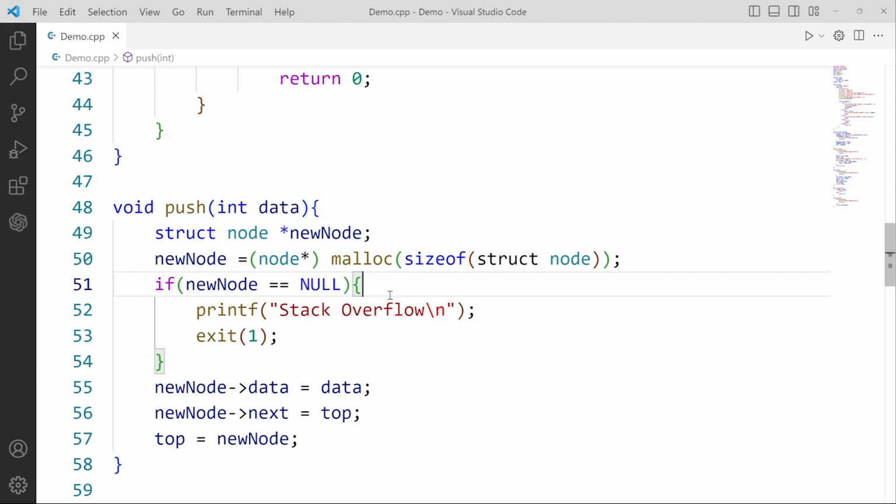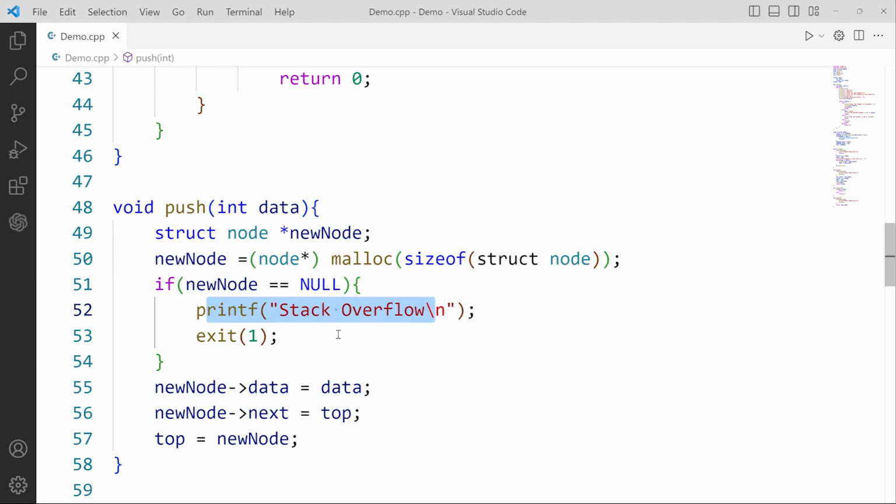Because here we have to dynamically allocate the memory, and for dynamically allocating the memory, whatever the memory size we have in our system, the entire memory is available to us. So we don't have to think much about this. There is no fixed size for the memory for the linked list. So here, if it is returning a null, at that point we can give the instruction to the user as